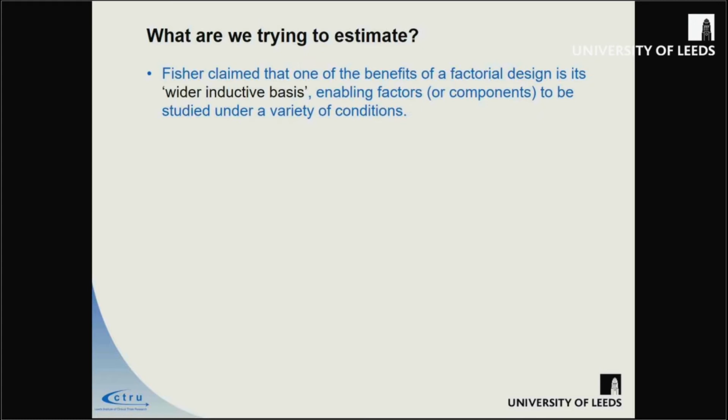What I don't want to do is to isolate and control down all these other things that people are doing alongside, and have a very controlled experiment where I'm just changing this one bit of it and keeping everything else constant. And the only way I can do that properly in my mind is to use a factorial design. It also allows me to test out dozens of different versions of my complex intervention in one go, without having to do lots and lots of parallel group trial designs. So to me, I'm getting an awful lot out of doing a factorial trial that I wouldn't otherwise be able to do.